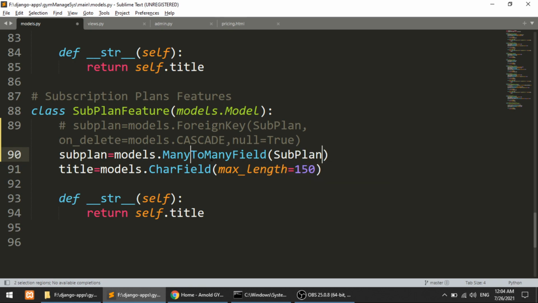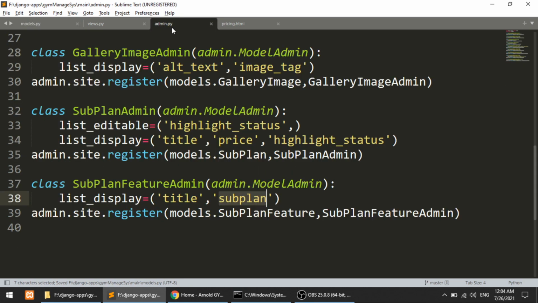Here we have created this. Now in the admin we can't call the sub plan title, because the sub plan will now be multiple, so we can't show the sub plan.